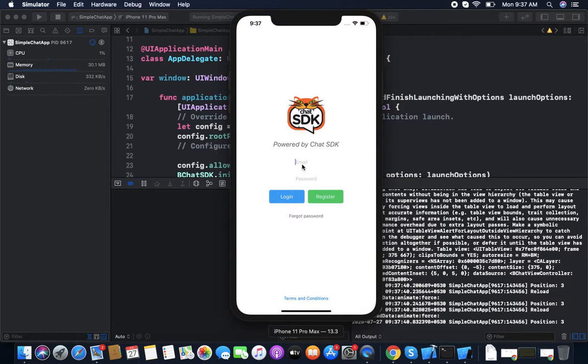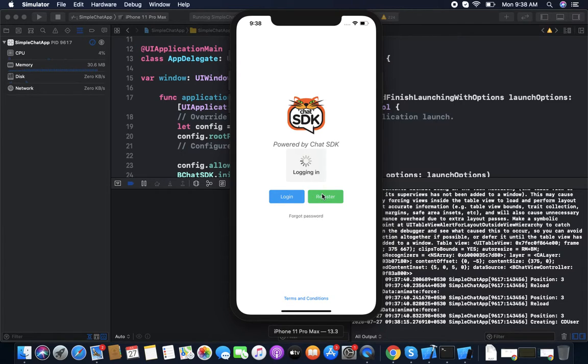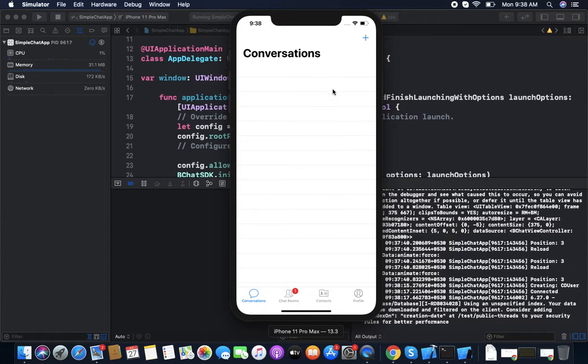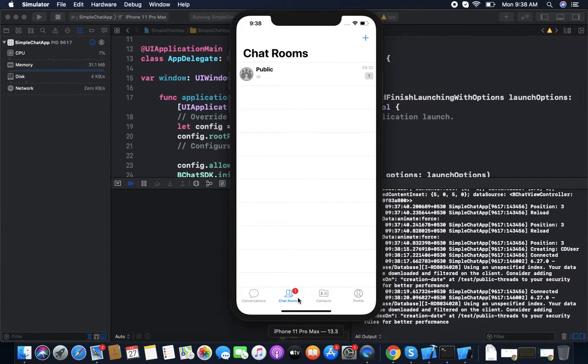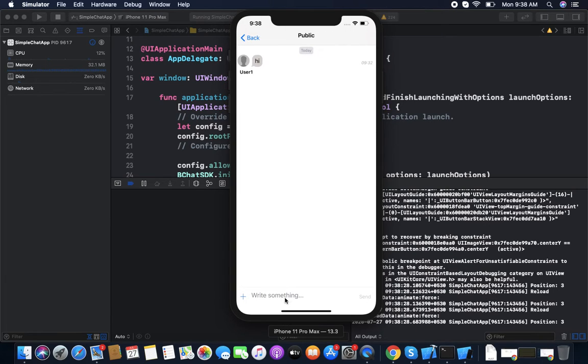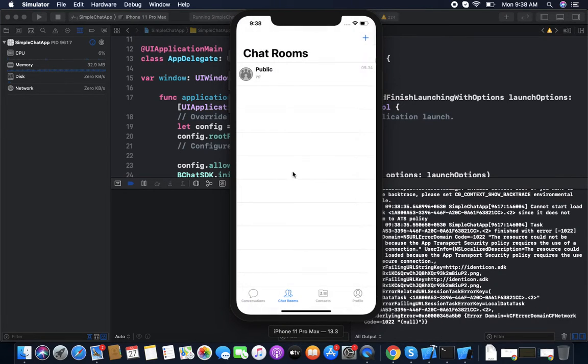Now we use another one, user1@gmail.com, with the password. So you can see there will be the chat room, and it also shows a notification, like an alert. And for notification you need push notifications. You can reply to the message. The user one message is showing here. Now we can send hi. It's chat room messaging.